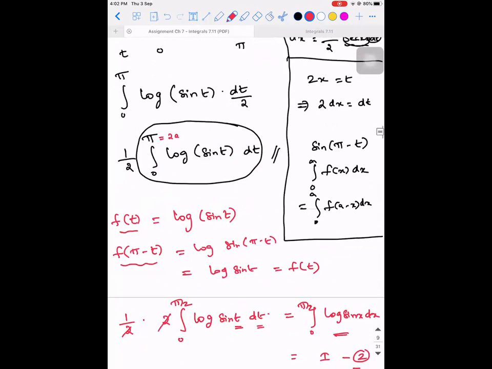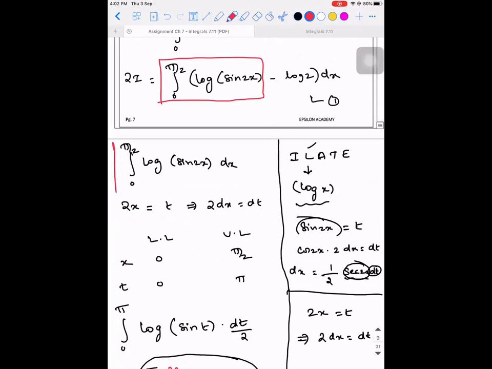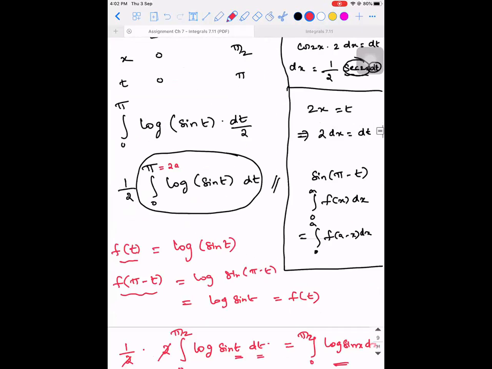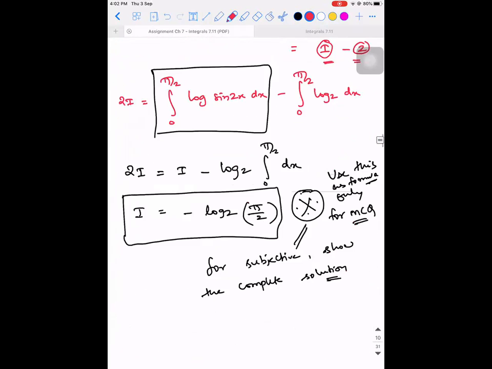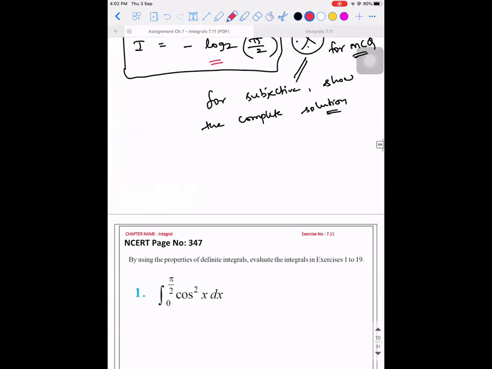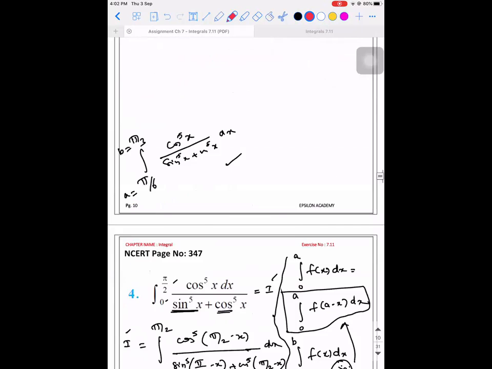Integral of 0 to pi by 2 log of sin 2x dx. What did it come out as? It came out as I, but what is I? Minus pi by 2 log 2. So what I'm trying to say is,